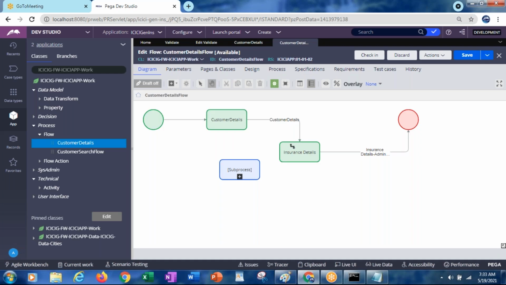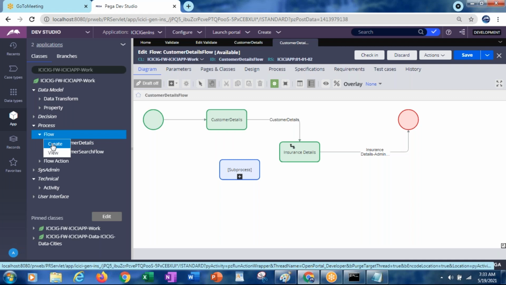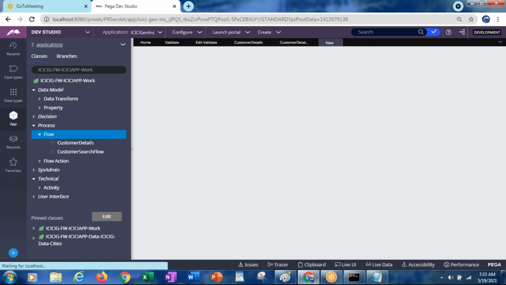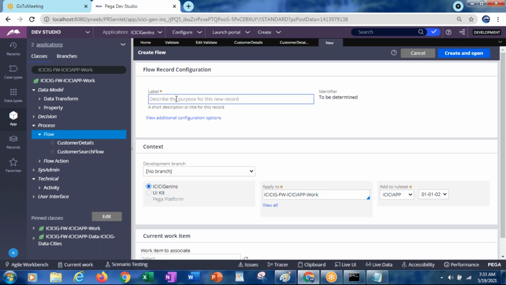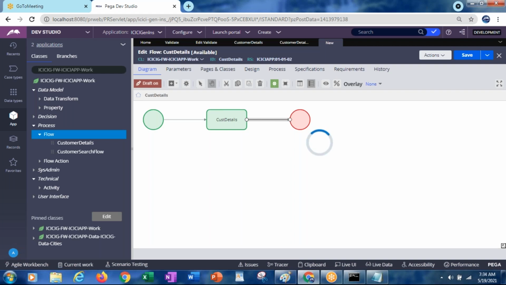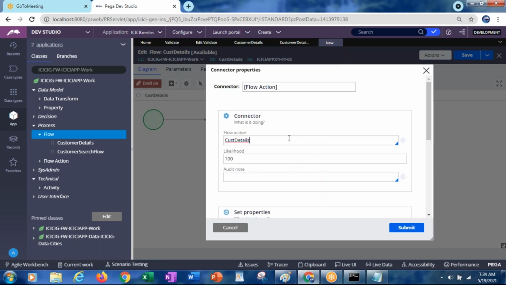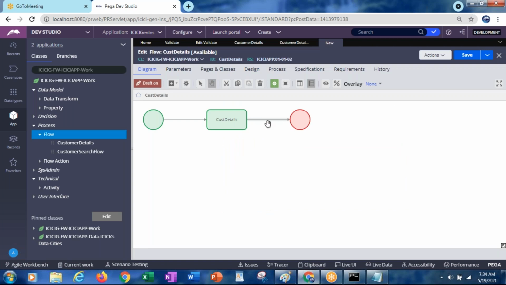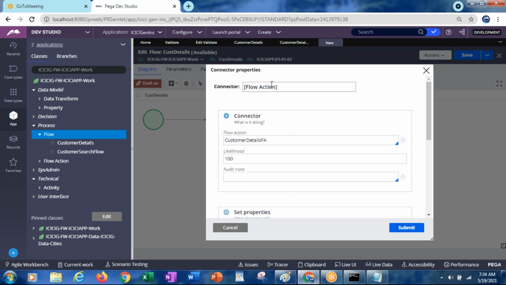Why is it not working? Let's create a new one immediately. Customer details.